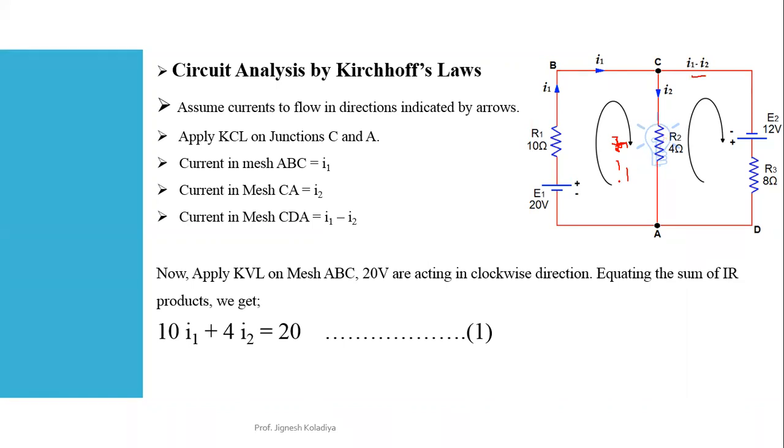Okay, so by applying the KVL in this loop, 20 plus 20, leaving sign is positive, so I'm considering this one, minus 10 I1, 10 I1, and this is 4, current passing is, so I can write minus 4 I2, minus 4 I2. Okay,